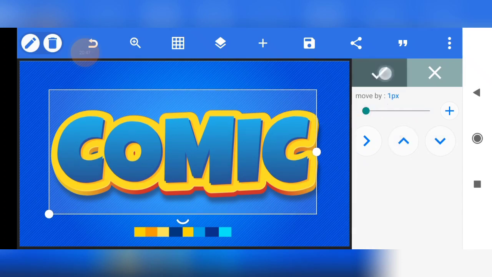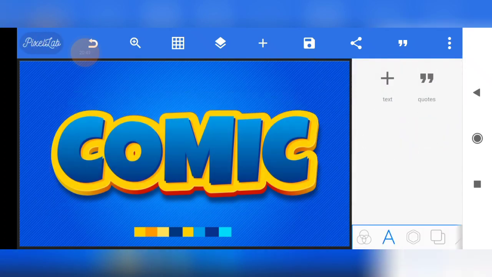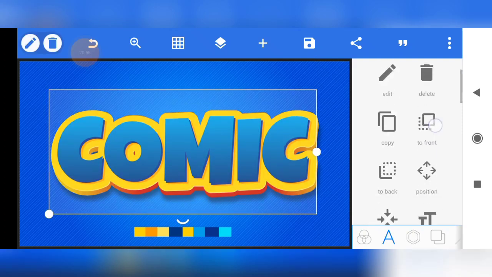Just take it up a bit. Now the next thing I'm going to do to this same layer is to add a stroke. This is our second layer. The next thing I'm going to do,